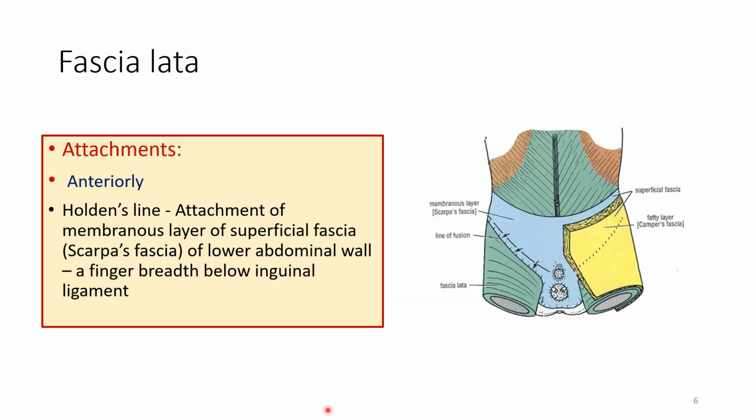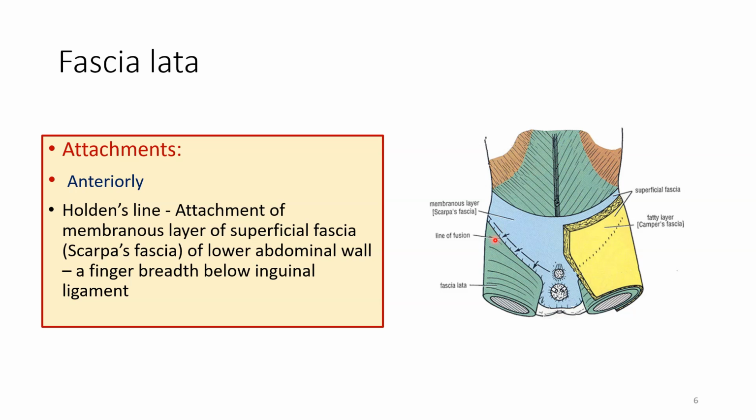Another attachment of importance of fascia lata is that it gives attachment to the membranous layer of superficial fascia of the lower abdominal wall. There are two layers of superficial fascia in the lower part of the anterior abdominal wall. They are the superficial fatty layer and the deep membranous layer, which is known as Scarpa's fascia. It is attached to the fascia lata a finger breadth